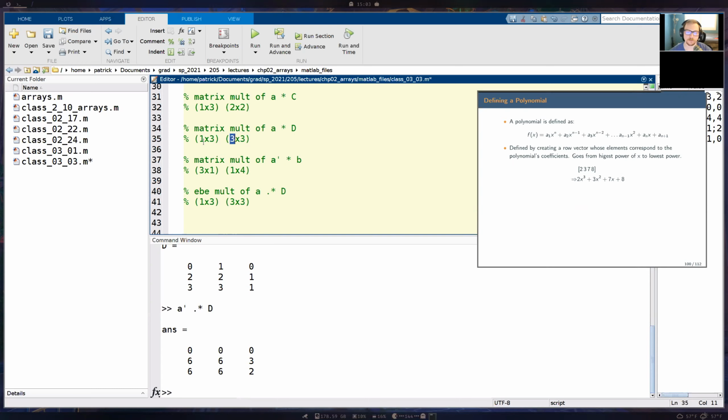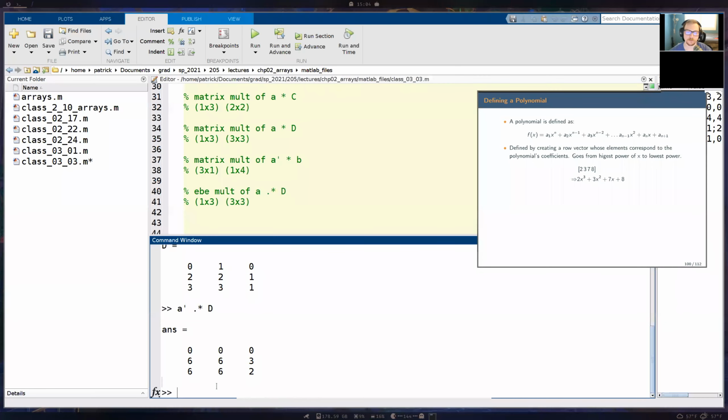After that, we would then look at the outer numbers to know the size that we're going to get for the output. So in this case, that's 1, and then a 3. So that's a 1 by 3, or 1 row and 3 columns. So if I do A times D for the matrix multiplication, then we get an output of 1 by 3. So we have 1 row and 3 columns here. Does that make a bit more sense?